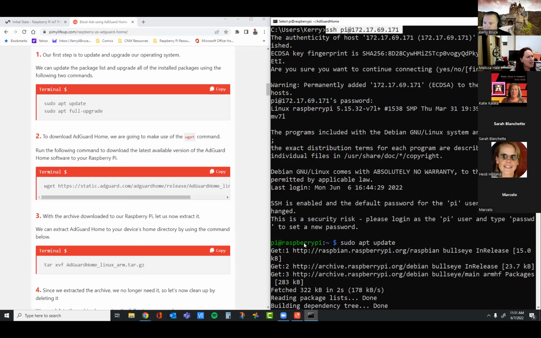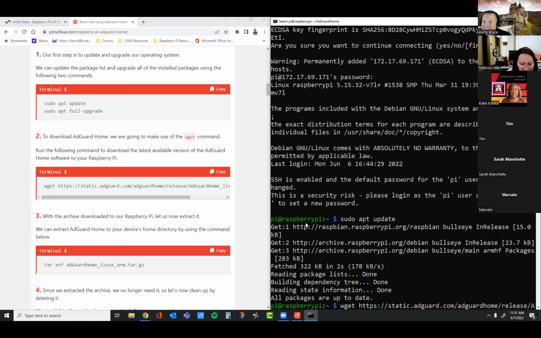Are you getting a prompt like this? After I typed yes, it says warning, permanently added 169 to the list of known hosts. Then it said pi at password, and I type the password, but it won't let me type. The password won't show on the screen while you're typing. Oh, good. So when it says permission denied, I typed it in wrong, because I didn't know it was actually typing. Got it. Okay, I'm on. Then you have a green prompt.